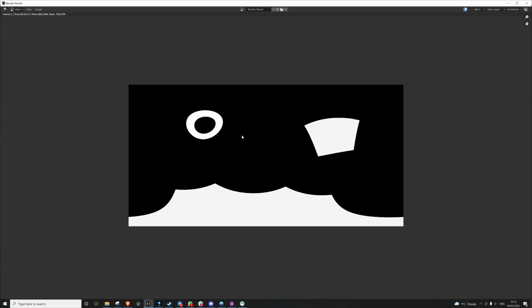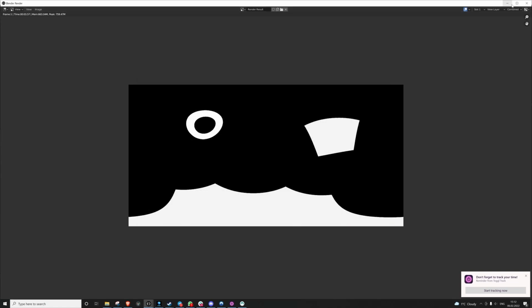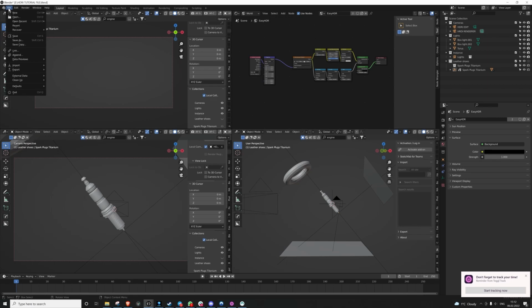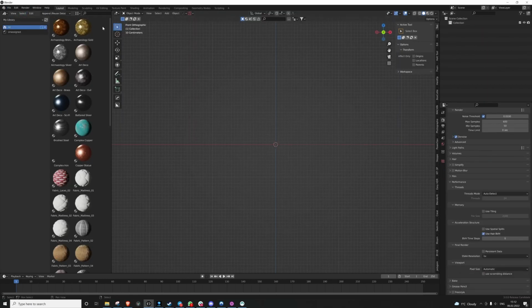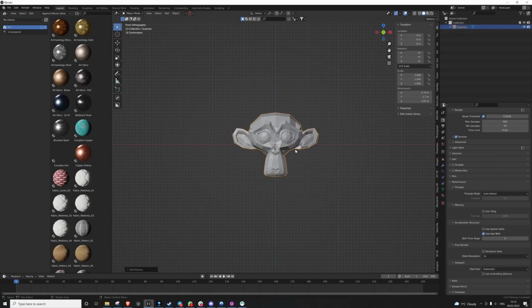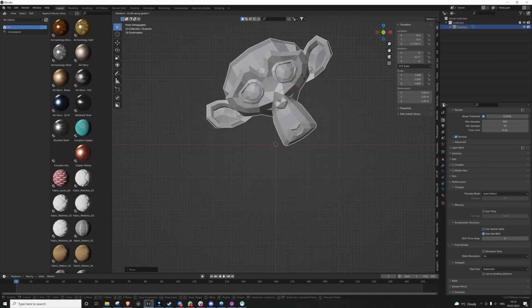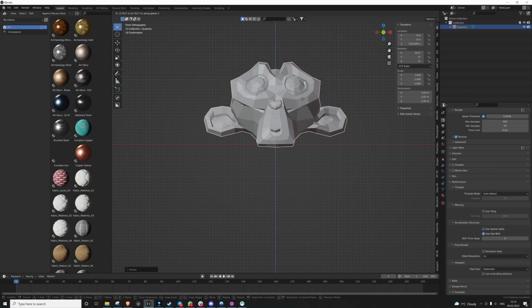Then I'm going to save my HDRI and bring it into a new scene so that I can create it into an asset. Here I'm just going to place Suzanne as a reference. We don't actually need her, but